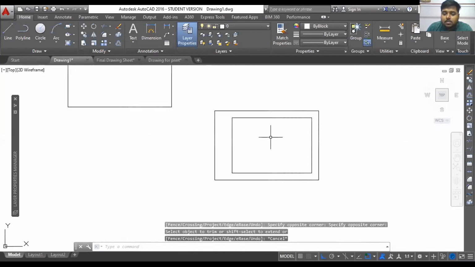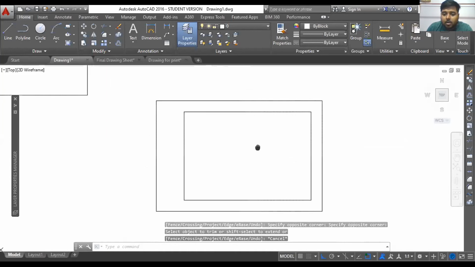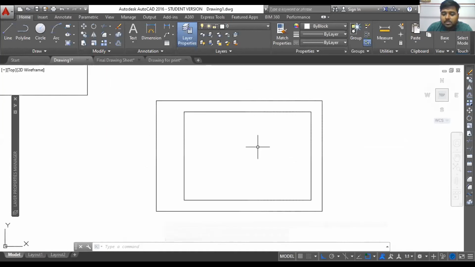See, the thing is, with better AutoCAD knowledge or better proficiency in AutoCAD, your drafting speed will increase. That's all. Nothing more than that. Your drafting speed being good, or your drafting skill being good, doesn't mean that you are a better representer. Keep that in mind.